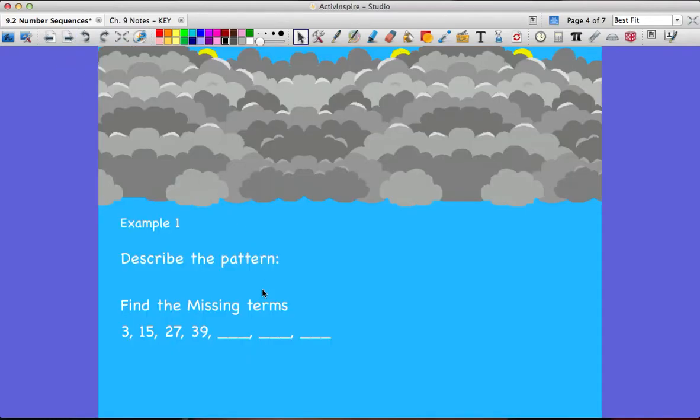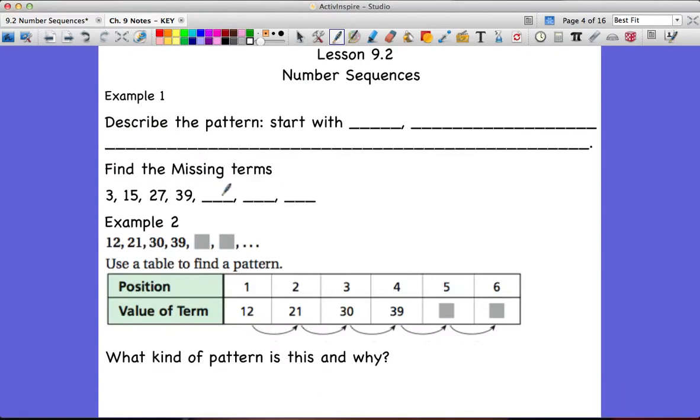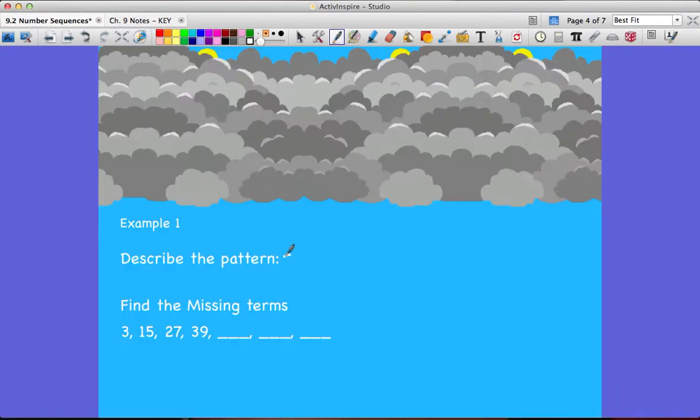Okay, so for our first example, we need to describe the pattern. Now, there's a set sentence that goes with describing the pattern, which I already started for you, but I want you to practice making sure that you are using it. So it always starts with "start with." You have to tell me, what number do I start with? So start with, and in this case, we're starting with 3,